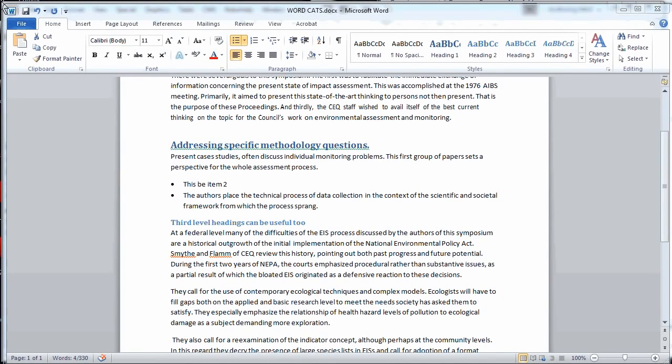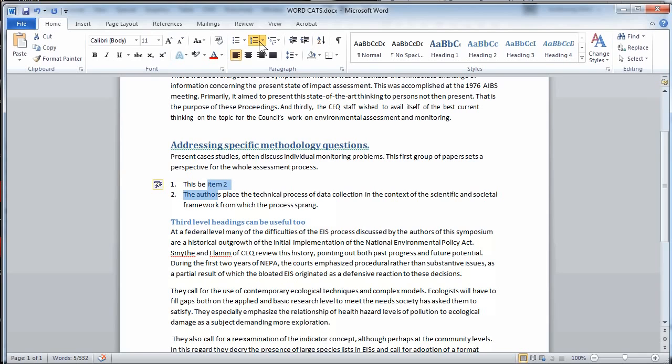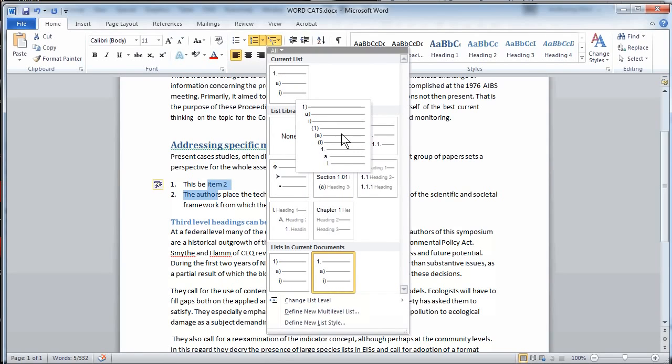Let's take a quick look at a contrast between how auto-numbering is handled in Microsoft Word versus FrameMaker. Here I've selected two items in a bulleted list. If I wish, a simple click will change it over to numbers. Now if I want to change the number styles, I have a few prepackaged choices, and with great effort it